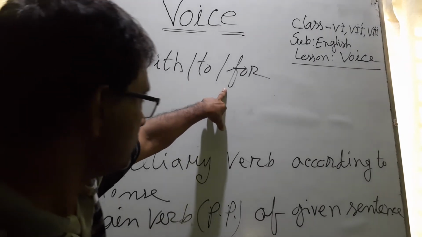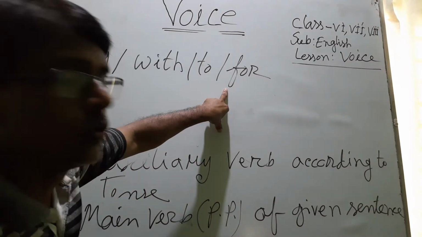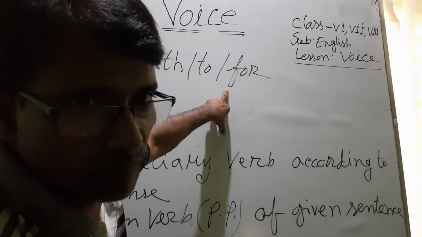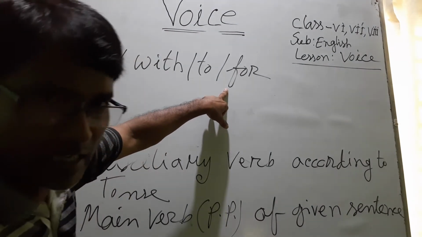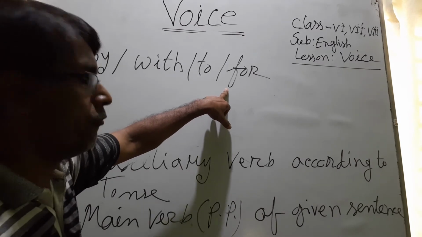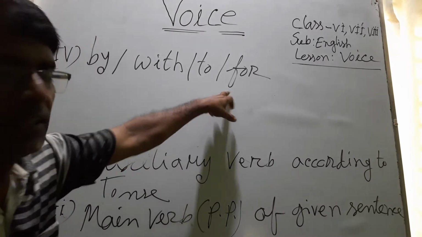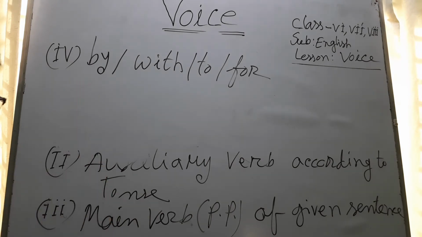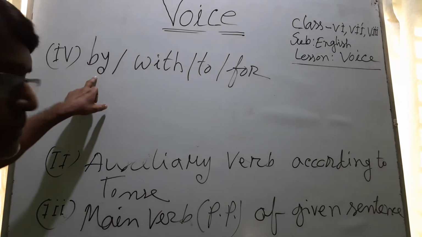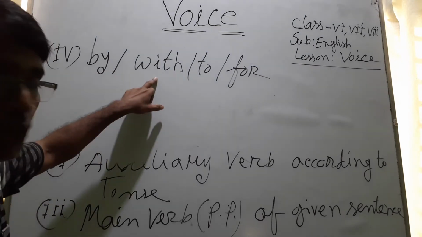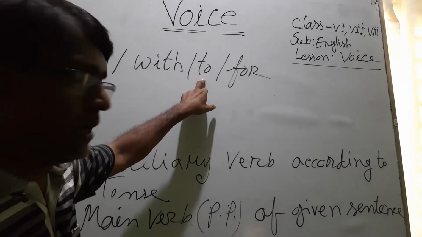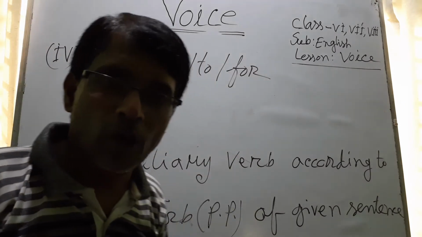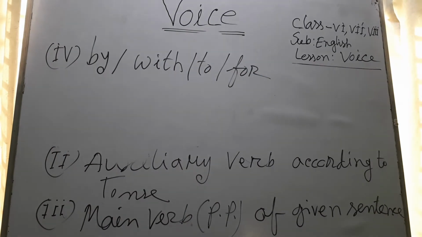And জন্য অর্থে, before a person, for. দ্বারা অর্থে ব্যক্তির আগে সাধারণত by, বস্তুর আগে with, কে বা এ অর্থে to এবং জন্য অর্থে for লিখবে। ওকে,